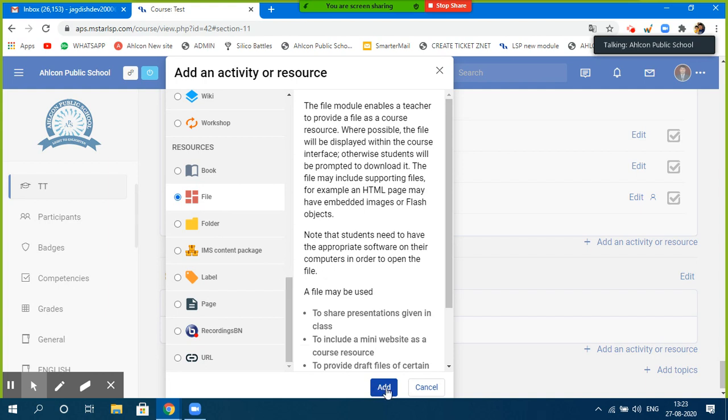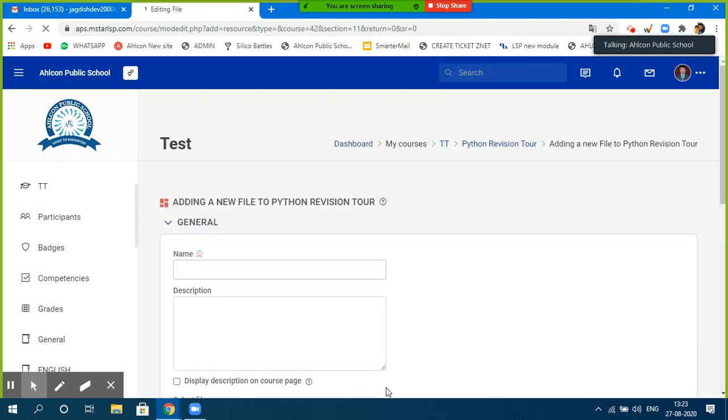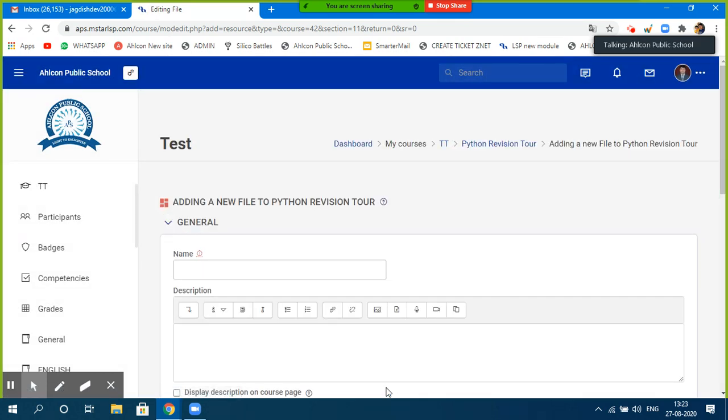As soon as you click on add, it will redirect you to the page where you need to add that particular file. Okay. Now you can specify the file name. Let's say chapter 1, or let's say Python revision tour only again, 1, and this is a part of that.